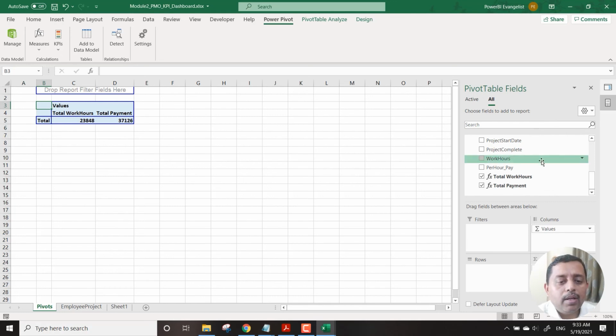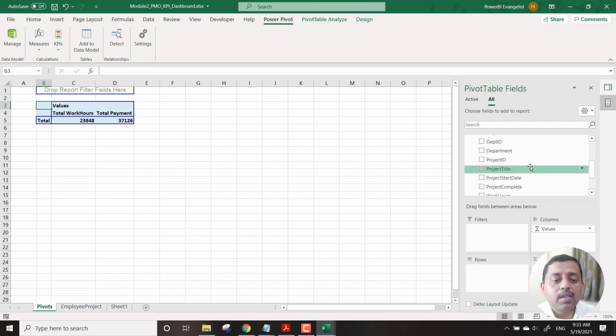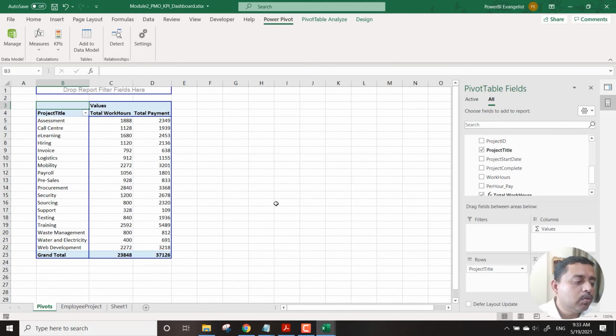Now I wanted to see, let's say, project wise. I might not have to just search for it. I can always search it over here, and suppose I got this project title, I bring it to rows, and I see these are my data sets wherein I'm talking about the project title.